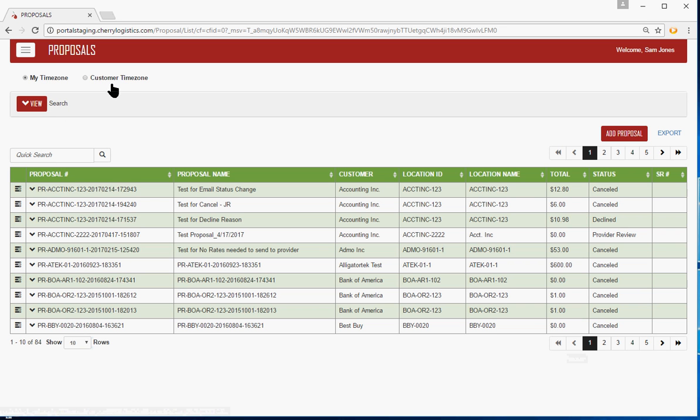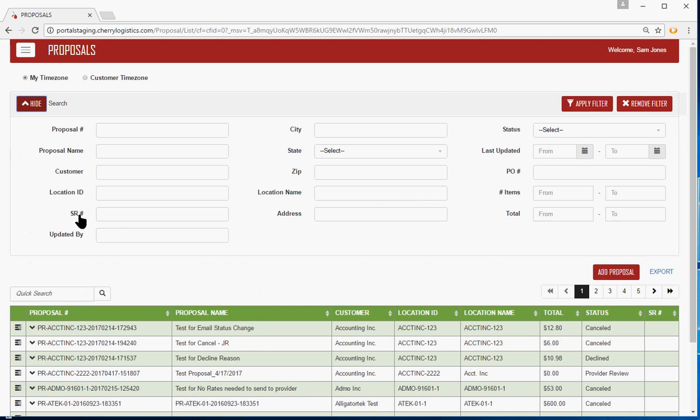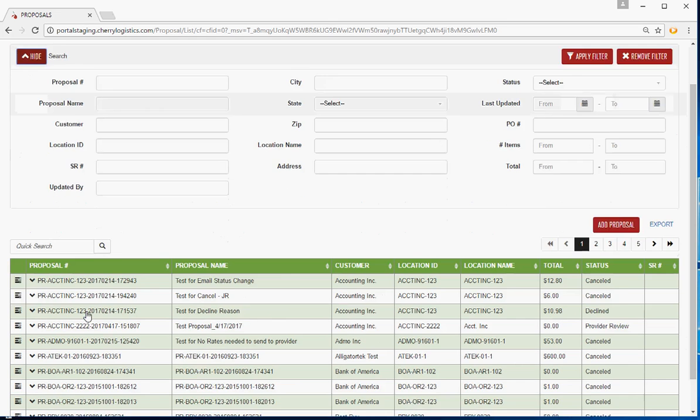If you have customers that have locations outside of the time zone you're viewing this information in, you can click on this customer time zone button, and that'll identify those time zones outside your own to see the correct time for those areas. The other features that they have on the screen is the advanced search feature, so that you can search through all the